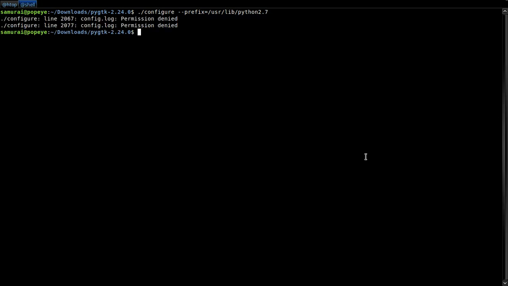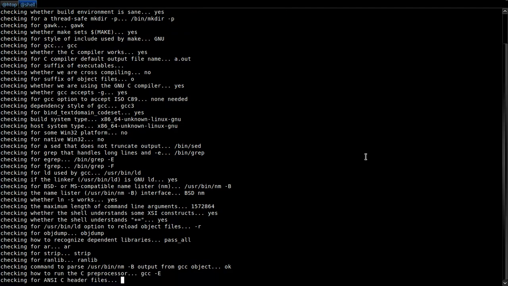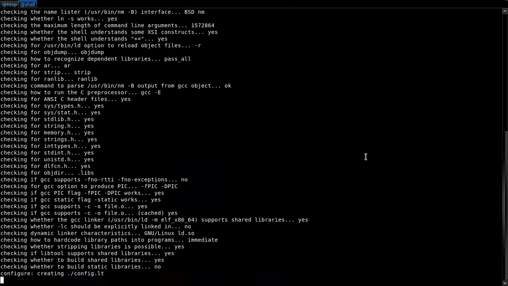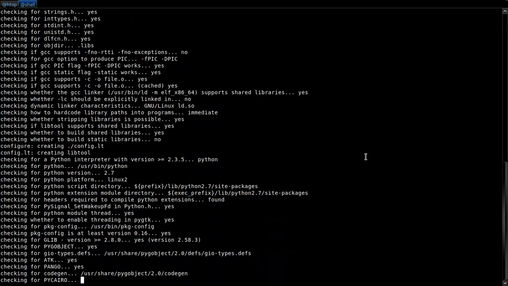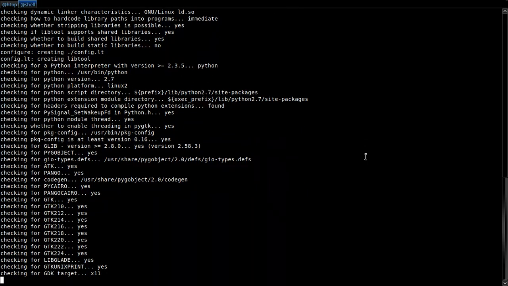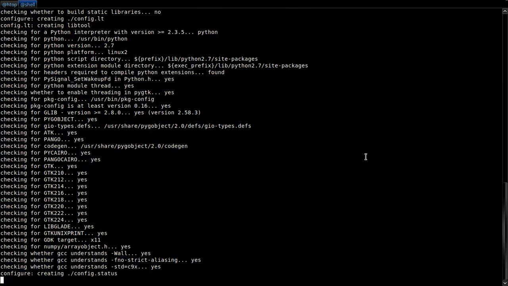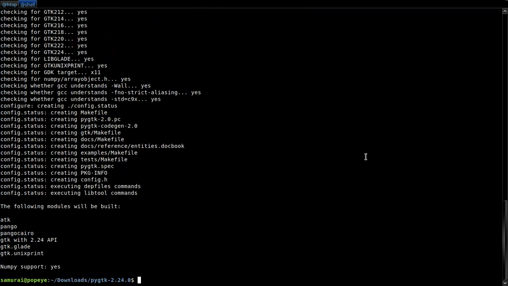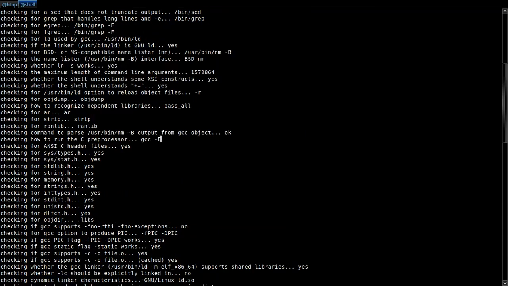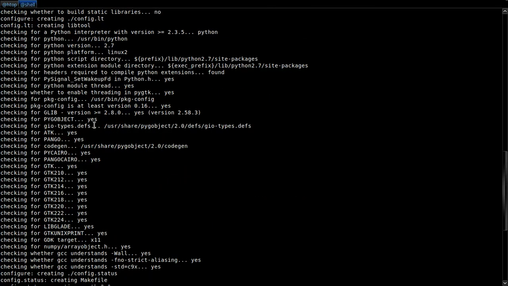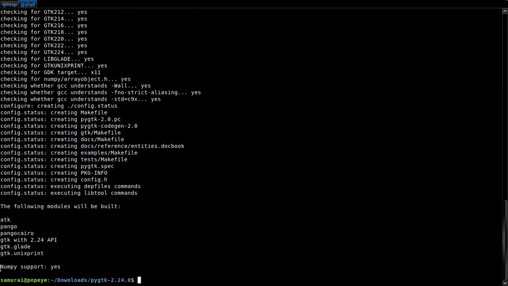Hit enter. Oops, once again I forgot sudo. Whoa, sounds very good. No exceptions. And now also my NumPy support was yes.